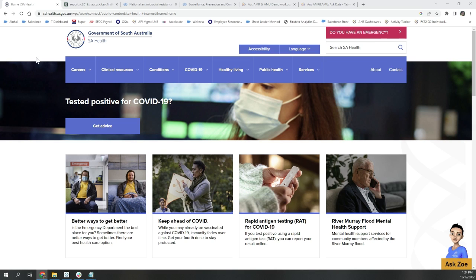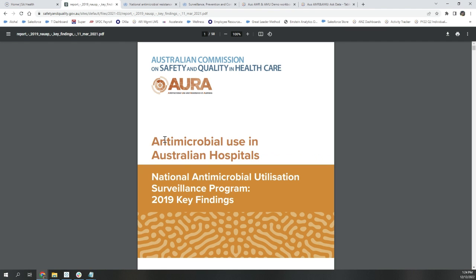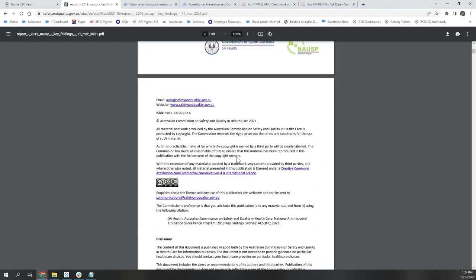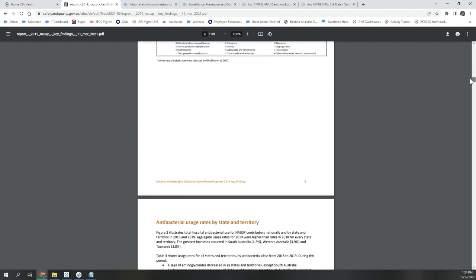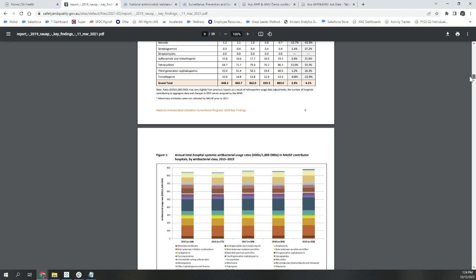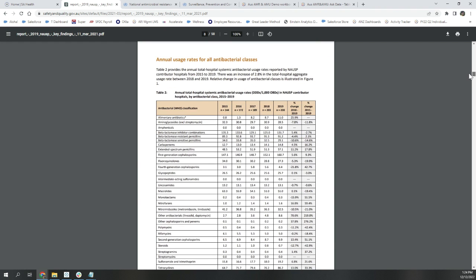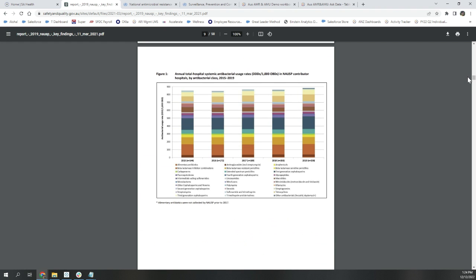Just to start with, I wanted to show you a sample report of the Australian Commission, which talks about antimicrobial use in Australian hospitals. I'm sure you must be familiar. So I just wanted to start off by showing some of these sample reports captured as an Excel sheet, and then we have some visuals to see